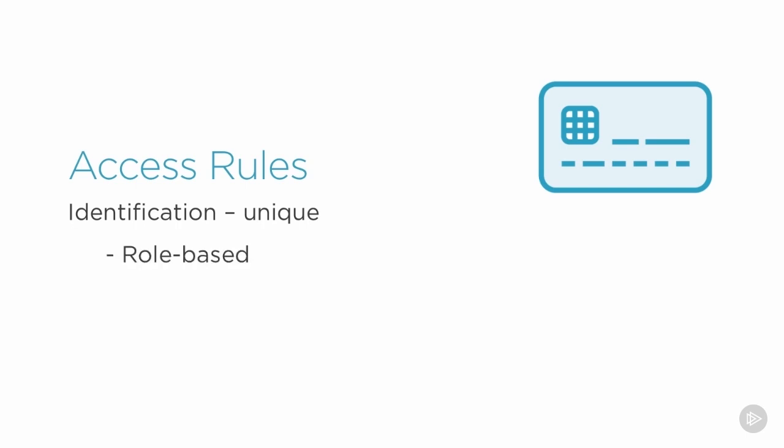Now, sometimes we will group people that have similar job responsibilities. We'll call this role-based access control. So people that have more or less the same needs for access, we group them together so that we can facilitate the administration of their access. That's very different from a rule-based access control system where each person's access is managed independently for that individual.